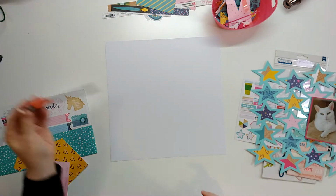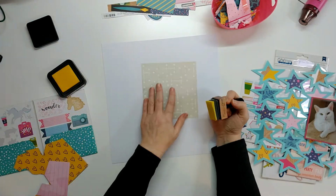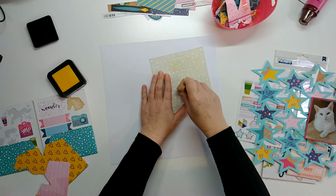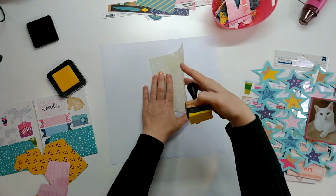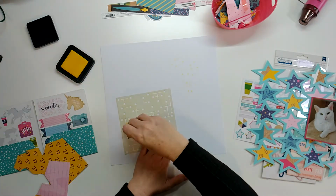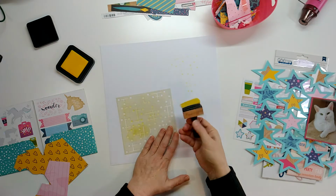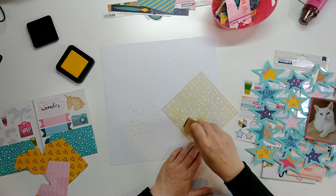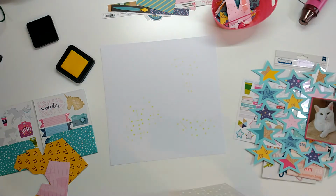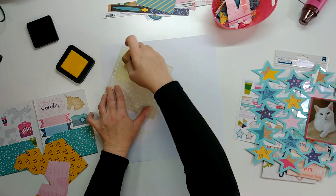I did draw on the page when I wrote around the star the first time, so just rub that out, and I'm just putting a little bit of stenciling in the background. I thought I would try to pull out a little bit more of this yellow from the papers, and I'm just putting a little bit of this in a few different places just so that it can poke through between the stars. I don't want it to be a main feature. I just sort of want it to tie the page back to the